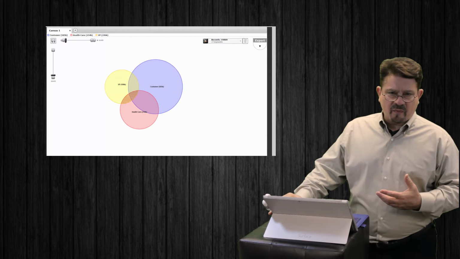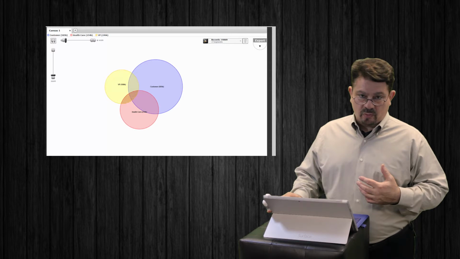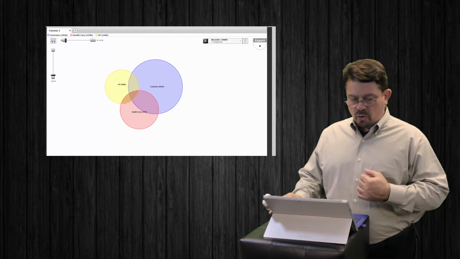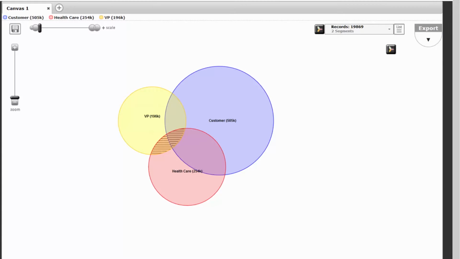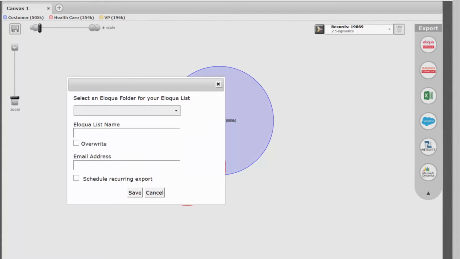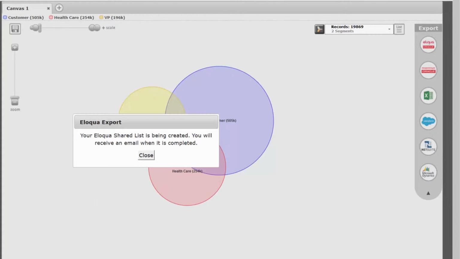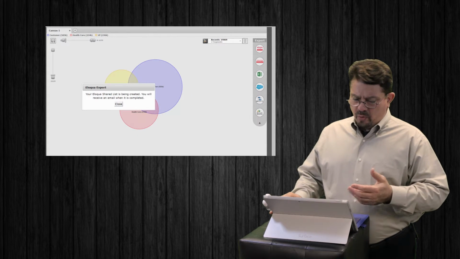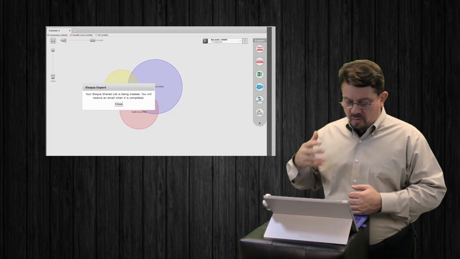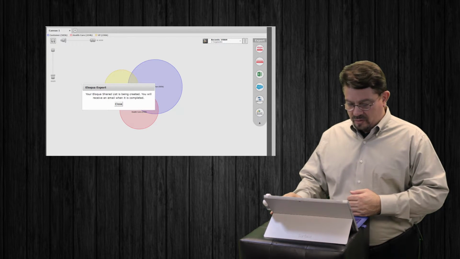Now, seeing this information and understanding the overlaps here is great, and that's what analytics tools do. But what they don't allow you to do is use the information easily. Now I can just grab this segment I've created, and I can come over here to the export area, and I can drop it on top of Eloqua, and it'll go out to Eloqua. It'll allow me to quickly say, what's the folder name I want to put it in, what's the list name, who am I going to email it to, and after I've done that, it will go and create that Eloqua list. Typically it's about 30 seconds, 45 seconds. And right now we're working on a database of about 2 million records. So you can compare that to the number of records you have in your system.